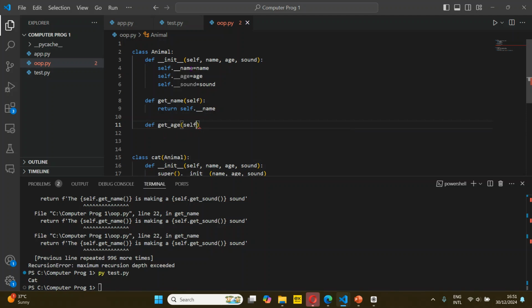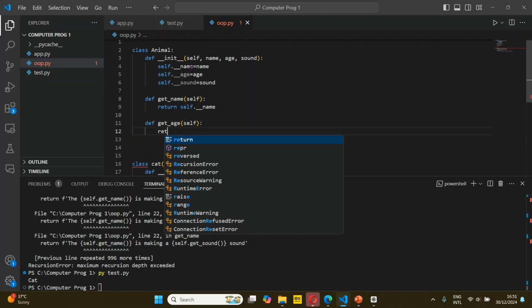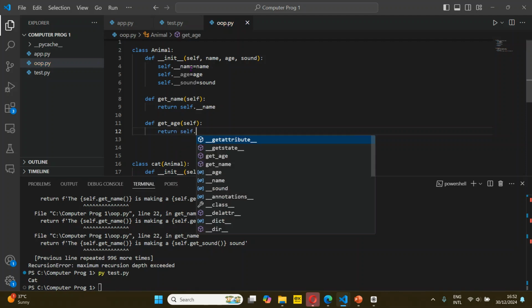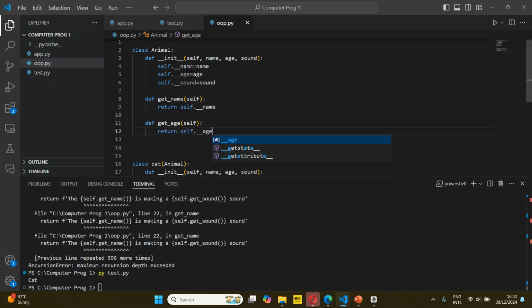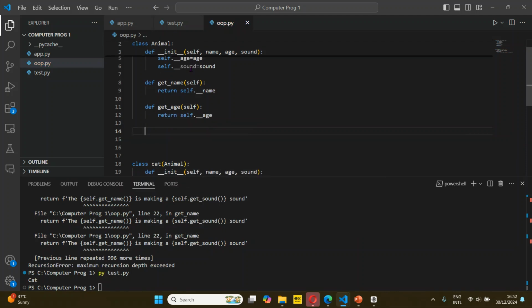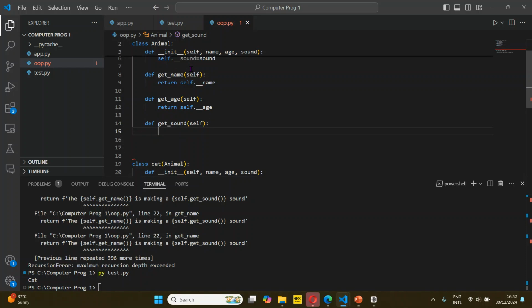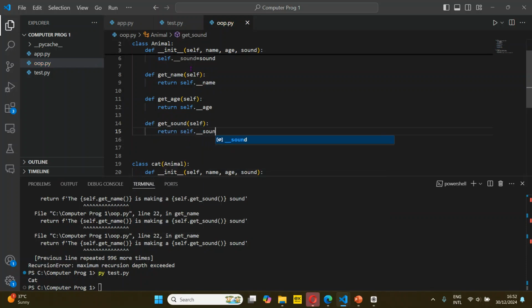What this does is it will return self dot age. Then have another function called def get sound. What it does is it returns self dot sound, right? So now this is a good example of encapsulation so that we can access this private data